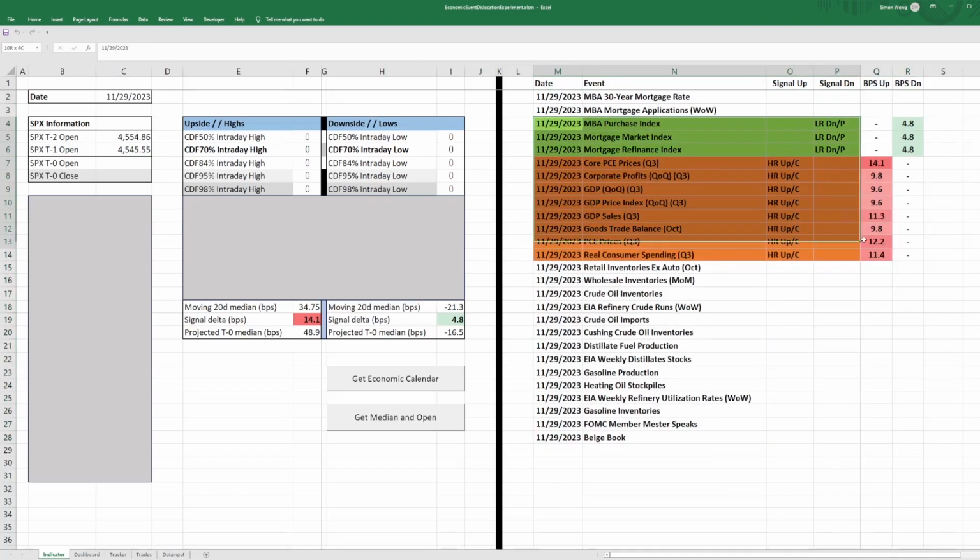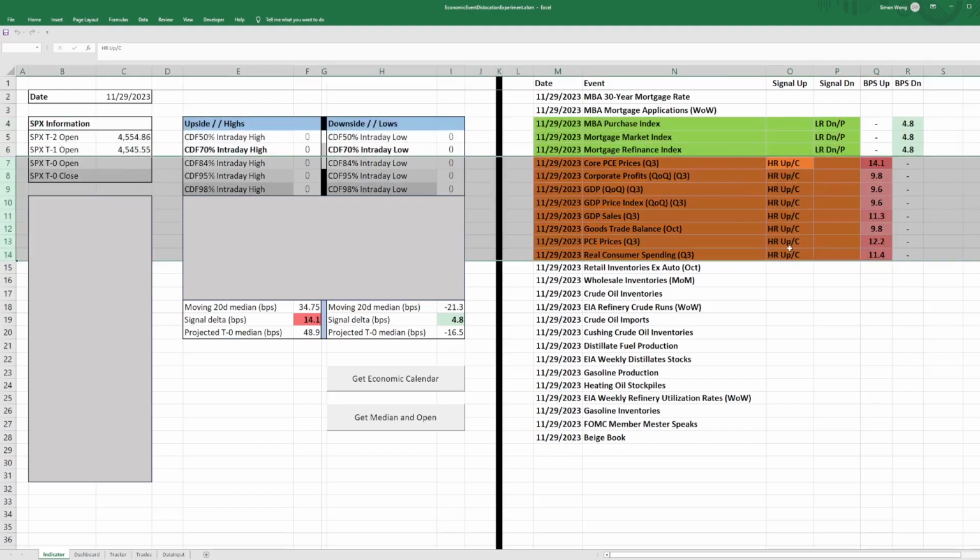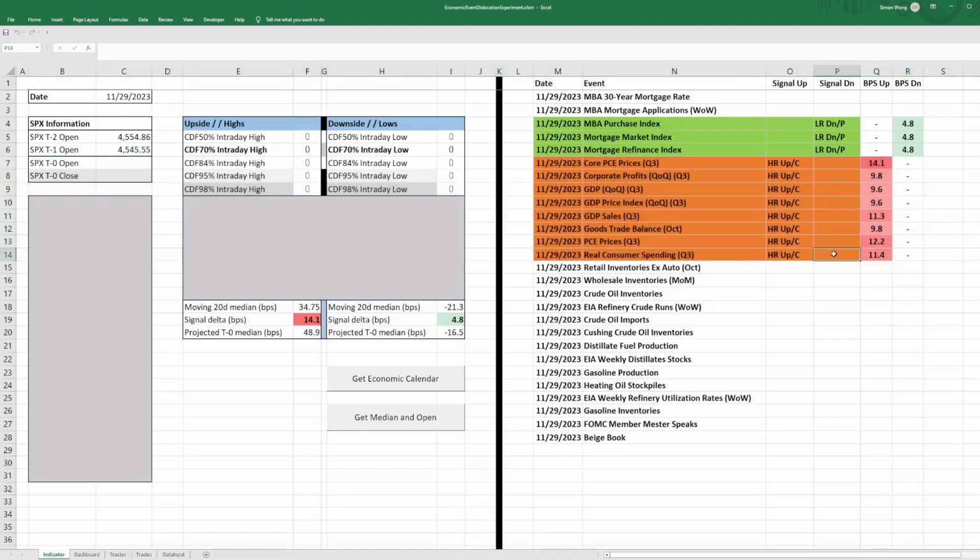These highlighted events are the significant events found in that research paper that show dislocations to either the intraday high or the intraday low. And for today, it looks like we have some low risk to the downside and some high risk to the upside, which just means that, historically, days like these were often good times to have long